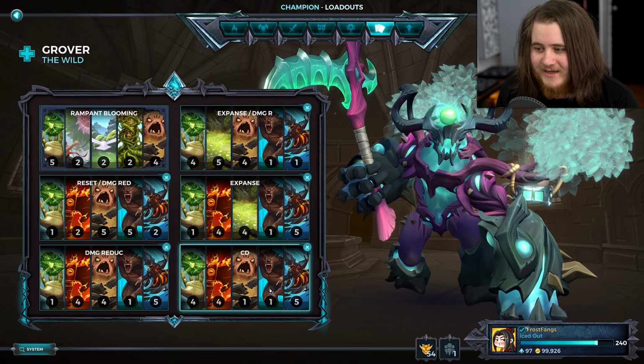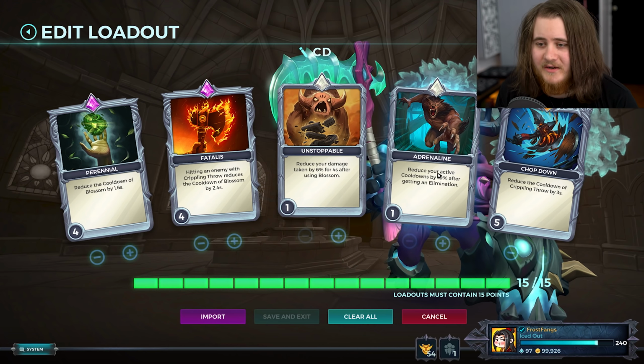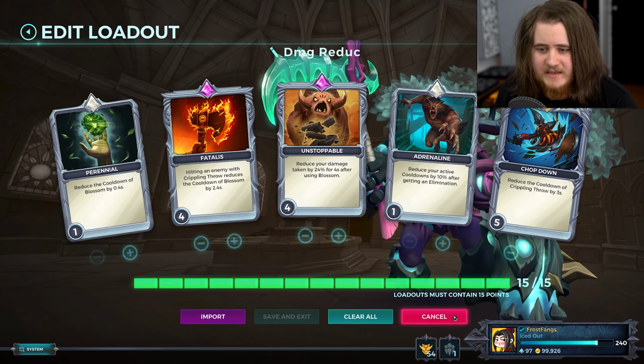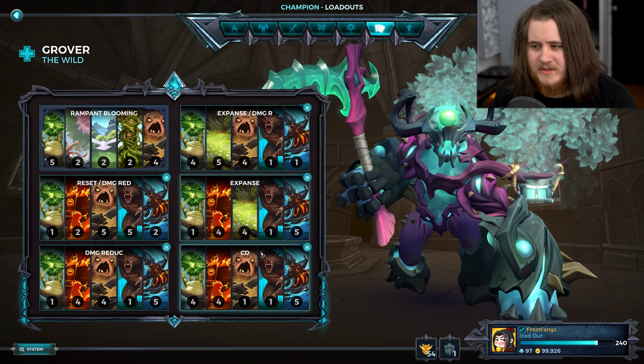And then finally, the last one, this feels like it's taken already too long, but we've got Fatalis and Chop Down 4 and 5, Unstoppable Adrenaline 1 and Perennial 4. This is another one that I don't find myself going for too often. I reckon the one that I probably go for the most is this, combined with maybe the reset. If I'm playing on like a TDM or something, I'll go for this,